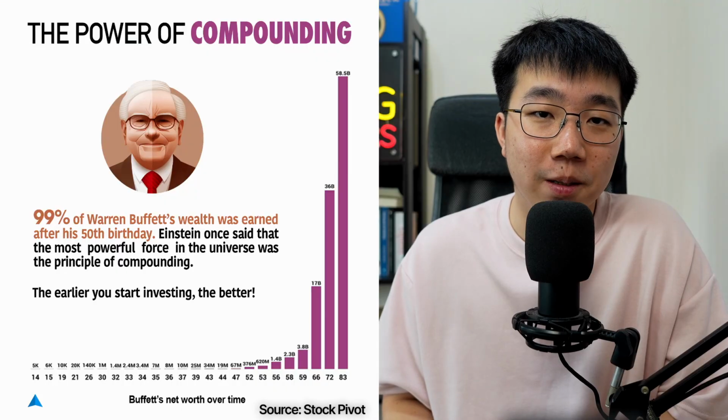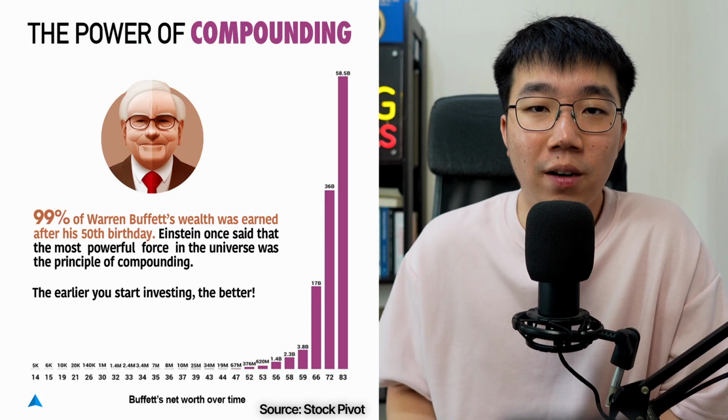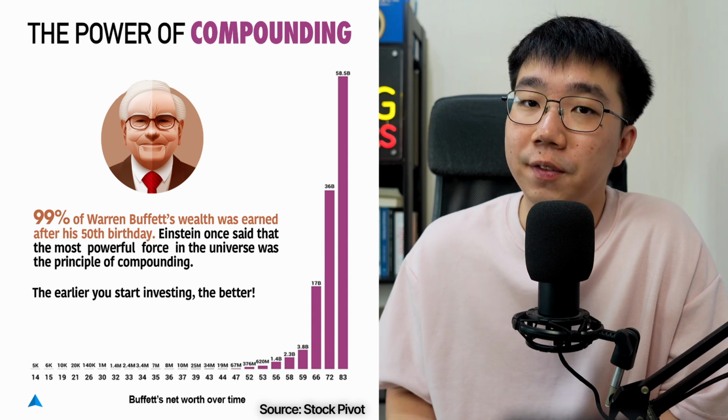And after a week, the king realized that he was unable to fulfill his promise, because on the 64th square, the king would have had to put more than 18 quintillion grains of rice, which equals about 210 billion tons, sufficient to cover the entire territory of India with a meter thick layer of rice. And remember, 99% of Buffett's wealth was earned after his 50th birthday.